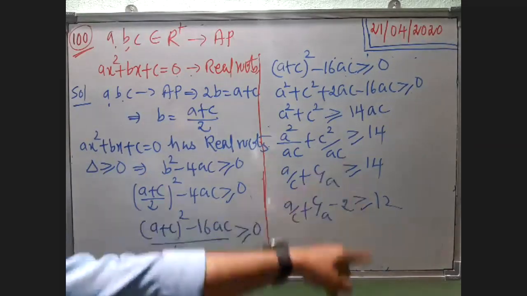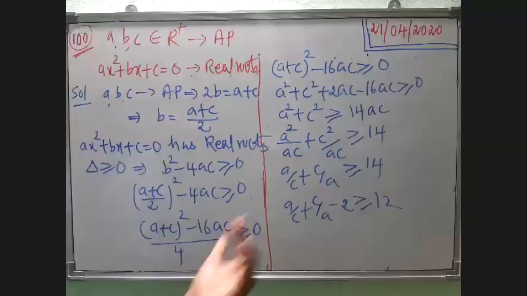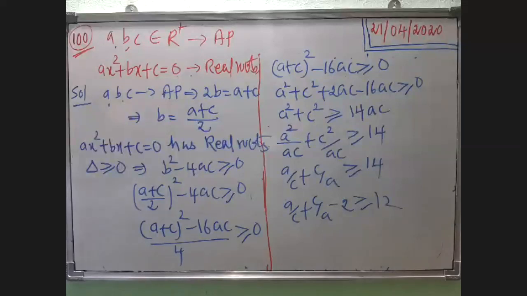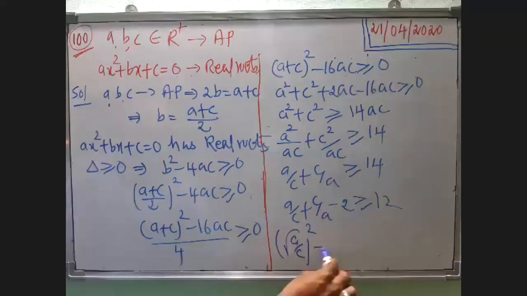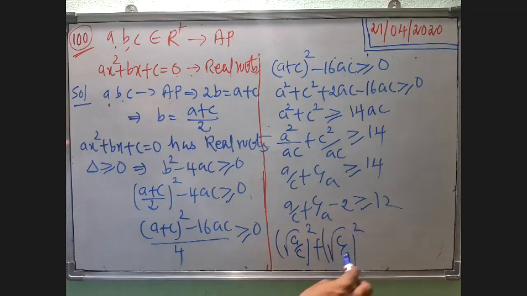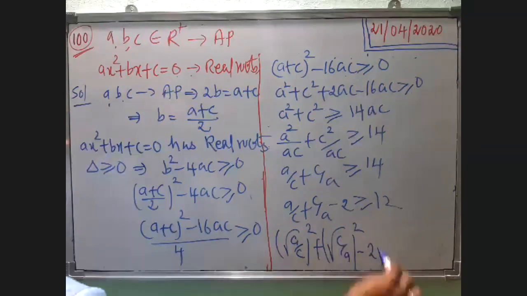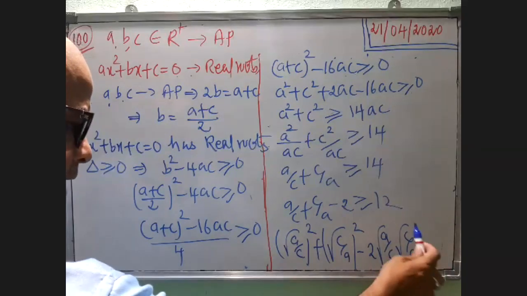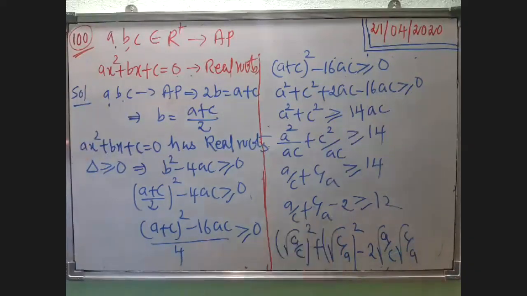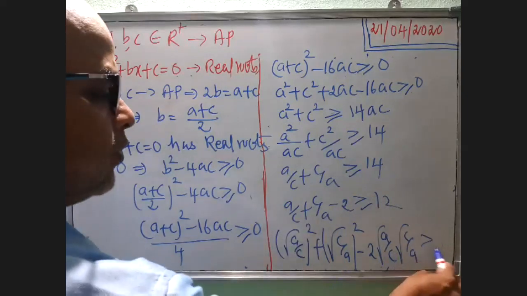So actually it was 14, but when I borrow 2 to the left hand side, it becomes minus 2 and 12 remains there. Now if you observe this here, you can write it in the form of a square plus b square minus 2ab. That means it becomes root of a by c whole square plus root of c by a whole square minus 2 times root of a by c into root of c by a. Why? It gets cancelled. Once again, you get the answer as 2 only. This is greater than or equal to